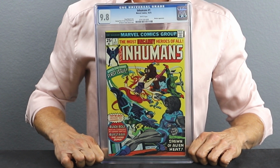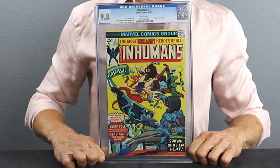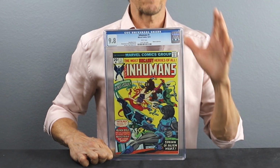Inhumans number 1. This is CGC 9.8, released October 1975. In today's market, this book will cost you 570 bucks, but 5 years ago, this was a $190 book. So that's a price gain of 200% in just 5 years. That's a return on investment of 200% in just 5 years. 5 years ago, this was $190. Today, 570 bucks. Now, if you go back 10 years, you're talking about a $120 book and a price